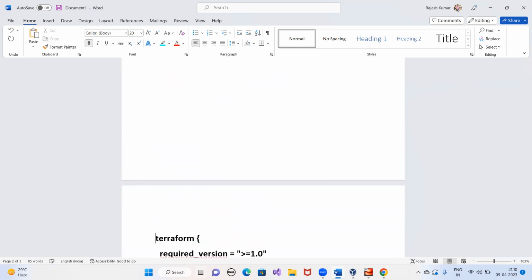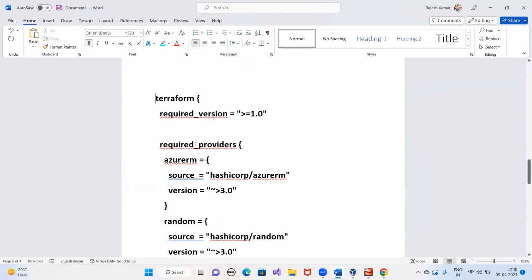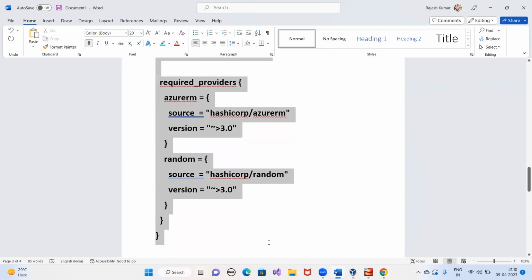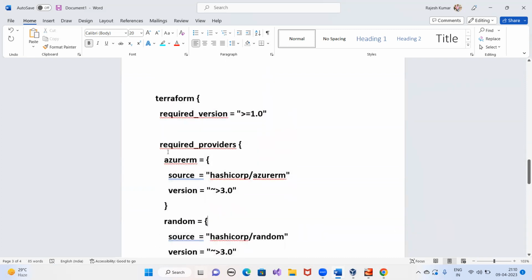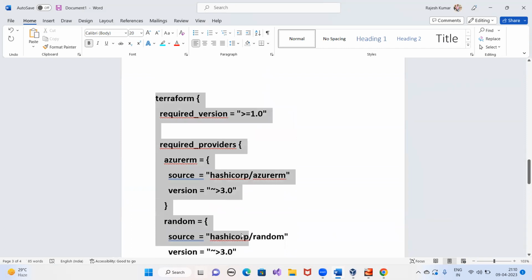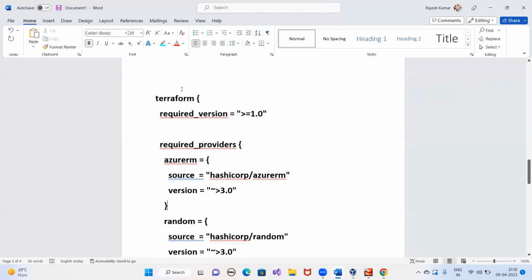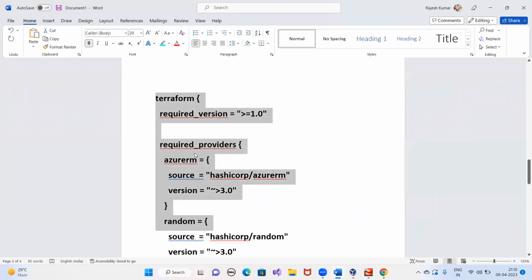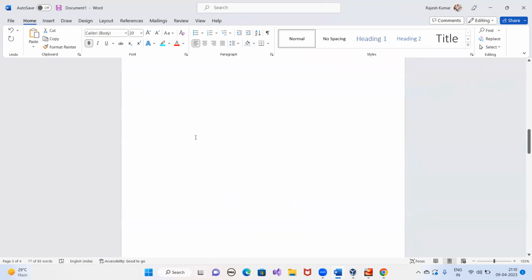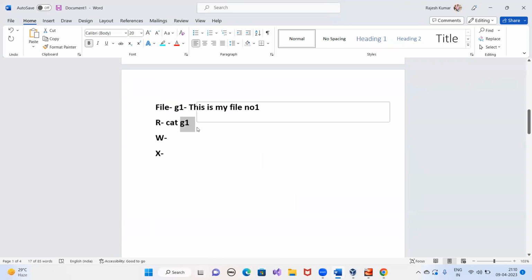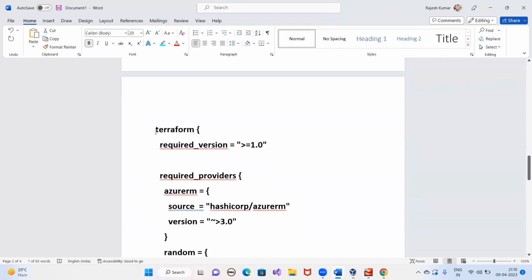So suppose this is your file. Your file name is G1. And in that file, this script is written. This is one of the scripts actually. And what script is it? It is to create servers. If you want to create any server, then you can use this script. So suppose you have written this script in a file and you have saved it. And the file name is what? File name is G1. So since this is a script, it means you can run this.